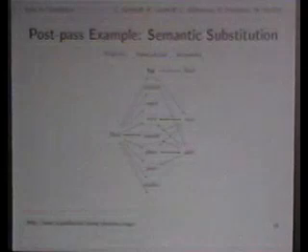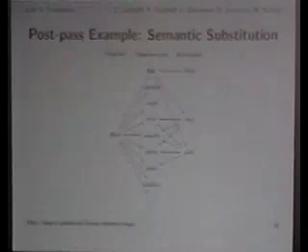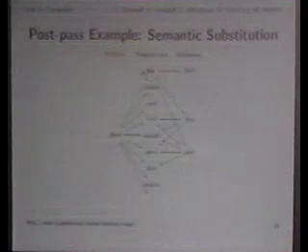Another postpass that I like very much is semantic substitution. We talked earlier about synonyms and how hard they are to get and that you have to construct them by hand. Now, if we have a translation, this gives us a way to construct synonyms in a way that we call second order semantic substitution. So what we do is we've got a German word, say flach, and the original machine translator translated it to, say, flat. Okay, that's one choice. Now, if we look at our dictionary, we would have had other words: tabular, vapid, even, smooth, plain, shallow, and so on and so on. Now, some of these are semantically rather far away from flat. So we would not just want to pick a random one out of these.